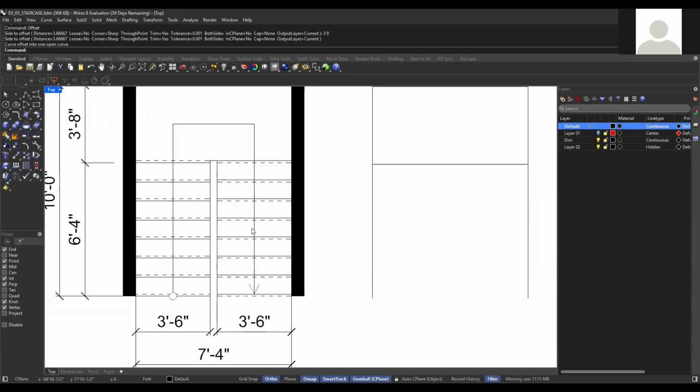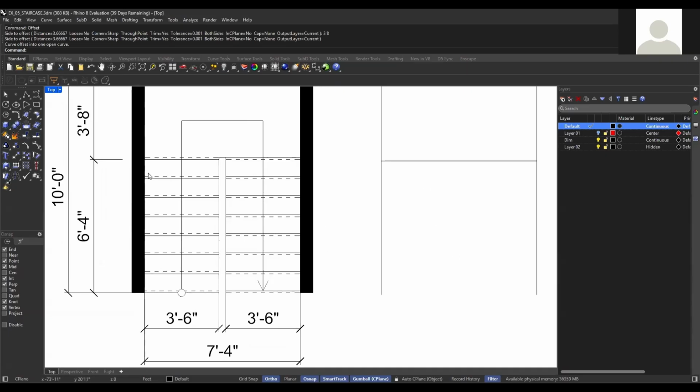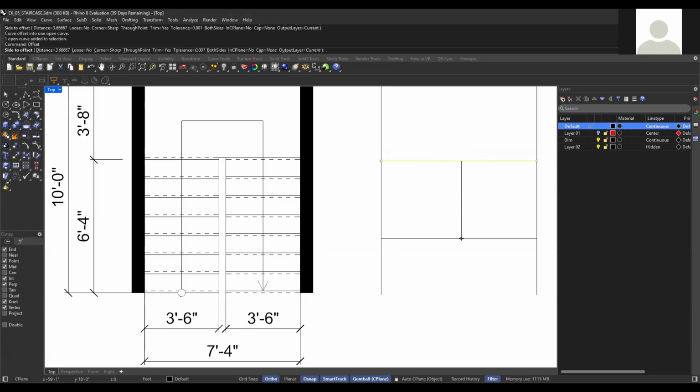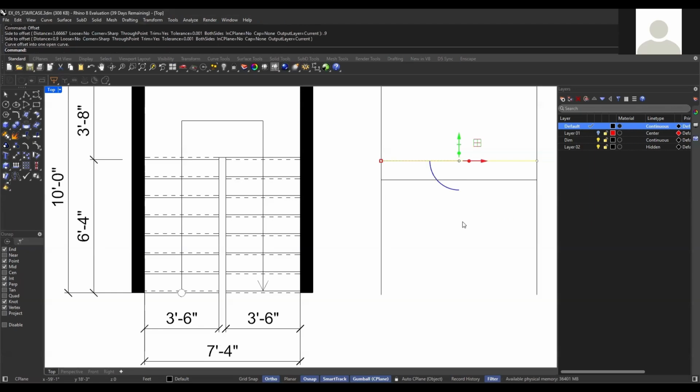There are so many ways that you can draw these staircases. You can use offset, or even copy or array. I'm going to show you array as well, how we can array to draw these staircases. So first I'm going to work with the offset. As I mentioned, the depth of this is 11 inches. I'm going to offset this to 9, because I'm working with feet, so type 0.9